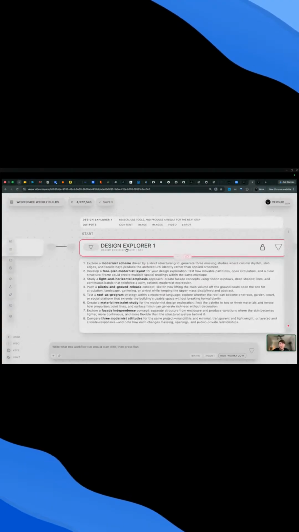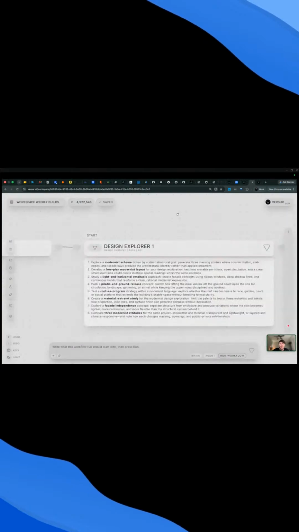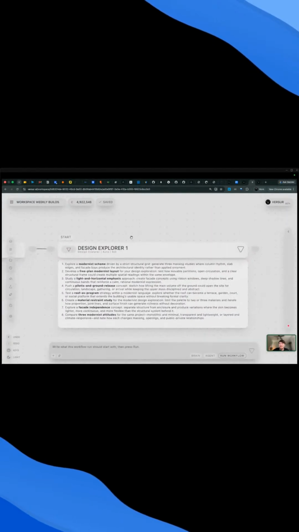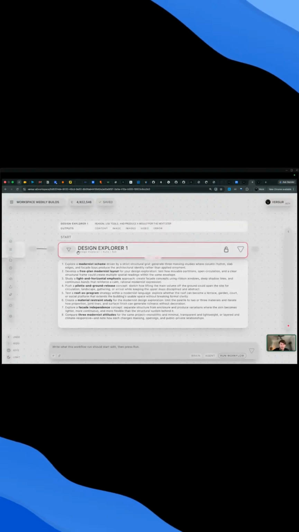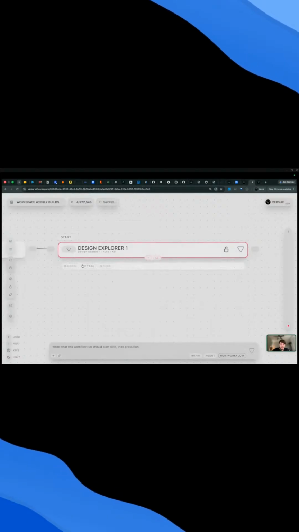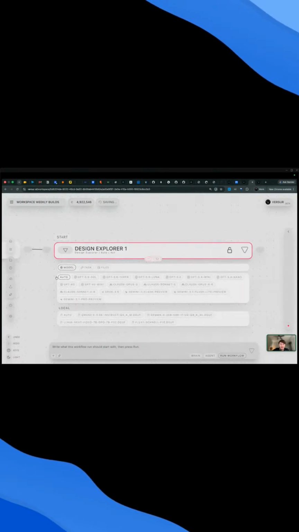Okay, so let's see now. This one, as you can see, is set to auto, but the way it ran was on GPT 5.4, I believe. So let's see how we can have it running on a different local model. As you can see, we're set to auto. What auto means is that you allow the system. So Versur has